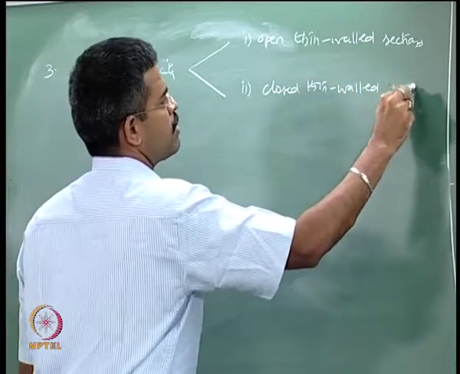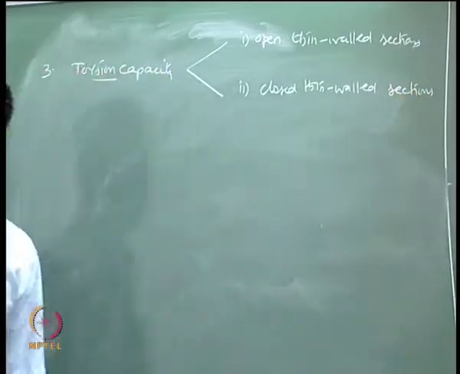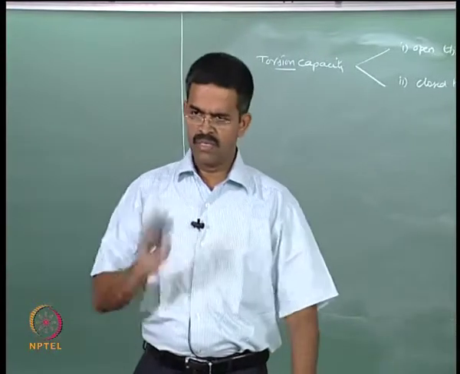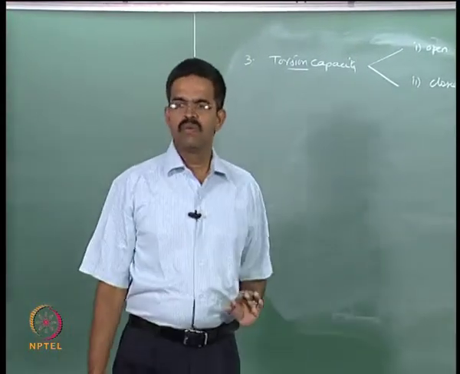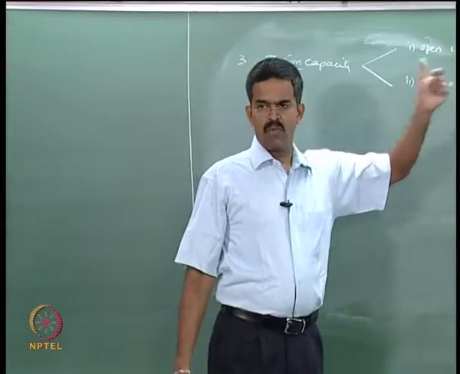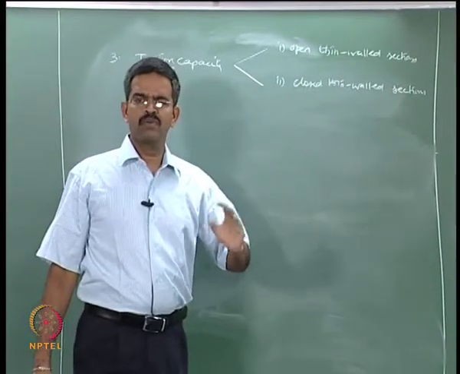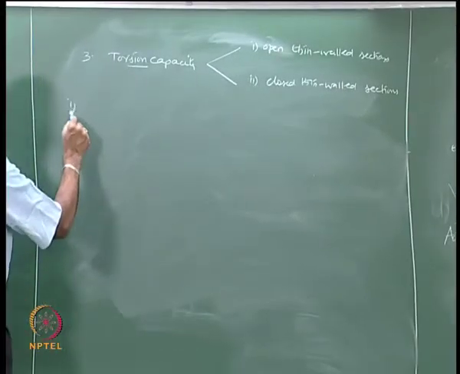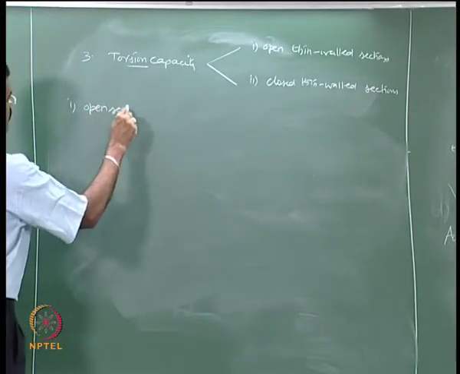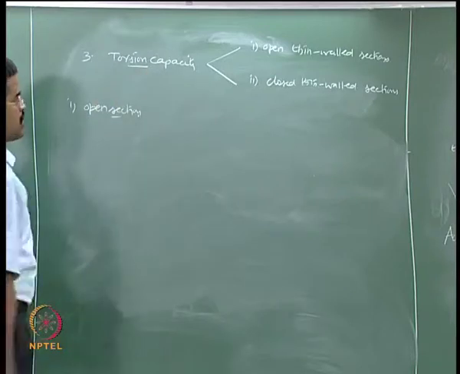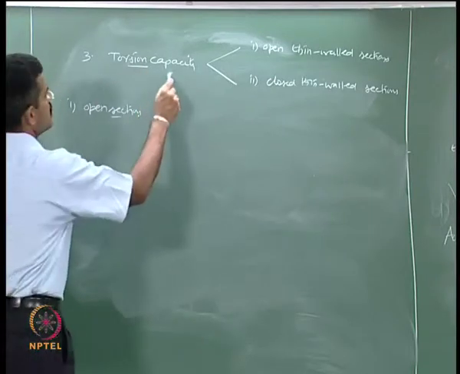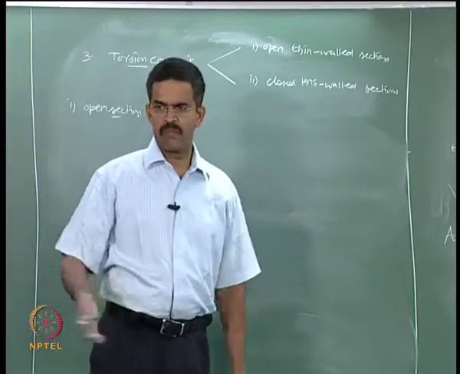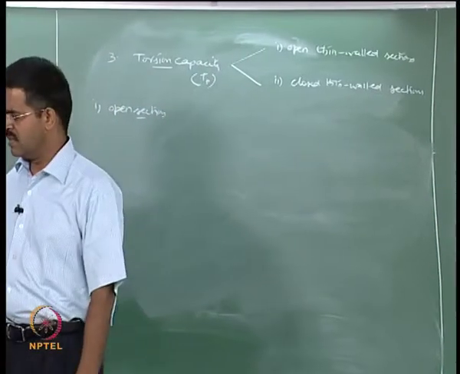The name itself very clearly tells what a thin walled section is. The thickness of the section compared to its diameter or size is very small. In that case we call this a thin walled section, which is generally used in members of marine structures. So, let us talk about an open section for our discussion to compute the torsion capacity, which I call Tp. T stands for torsion and P is always for the plastic capacity of the section in the whole discussion of this lecture.